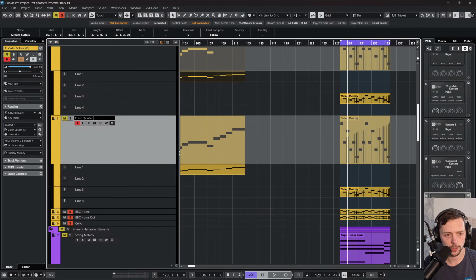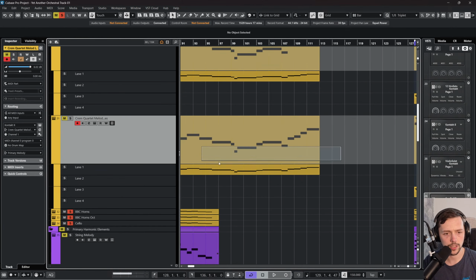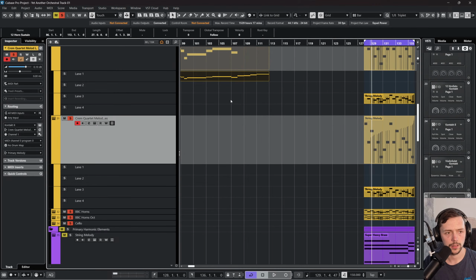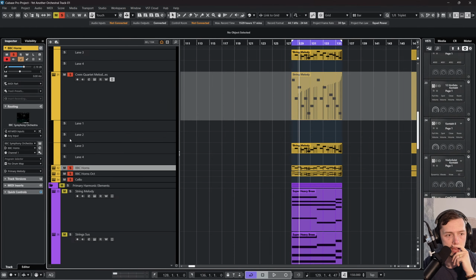I don't know why I call it quartet. And then I think I brought them down an octave, got rid of some of that. And then what I was going to start doing was doubling up some brass lines and doing a bit